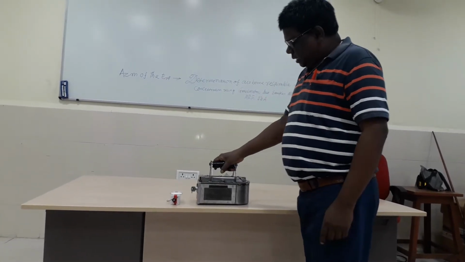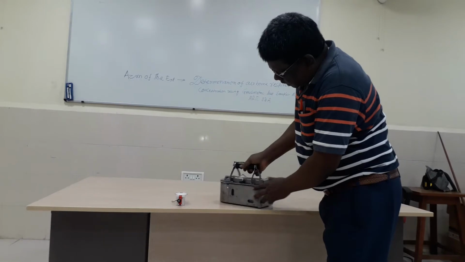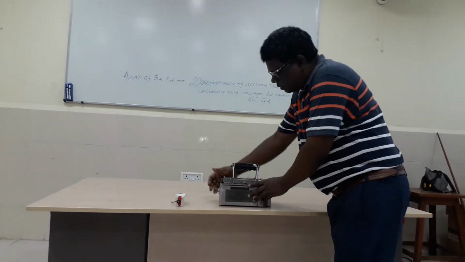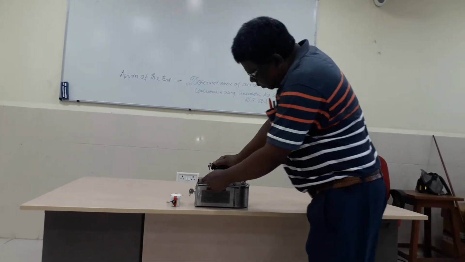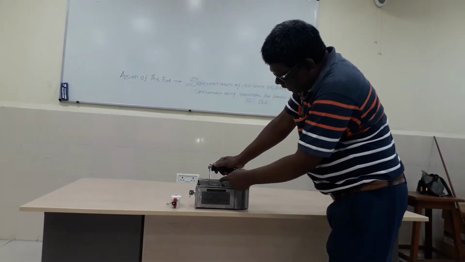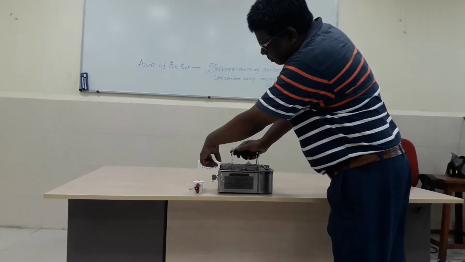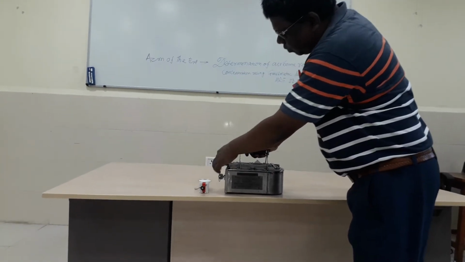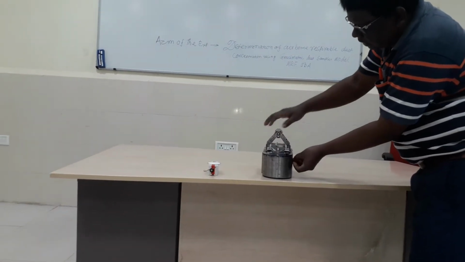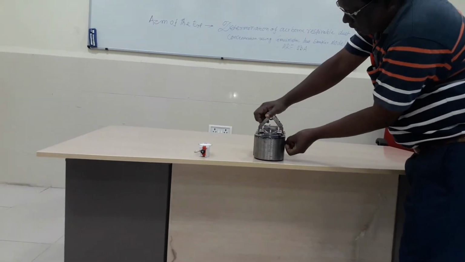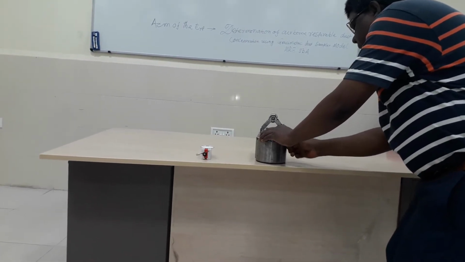Basically, this instrument, this gravimetric dust sampler, has different components. I will tell you the different components. It has the elutriator, a long channel having four channels. This channel is called the elutriator, and this is a resistor plate that restricts the airflow. Then this is the transfer hood, and inside it is the filter holder, where the filter paper is placed.